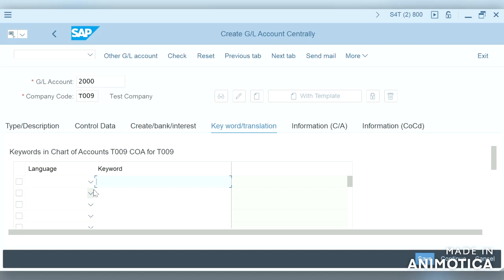So Chinese, Spanish, whatever is required, we can do it.